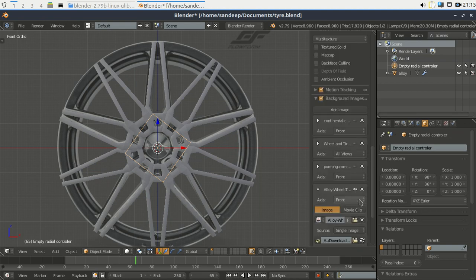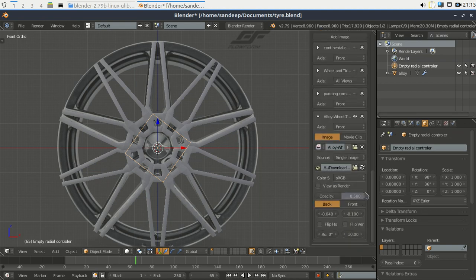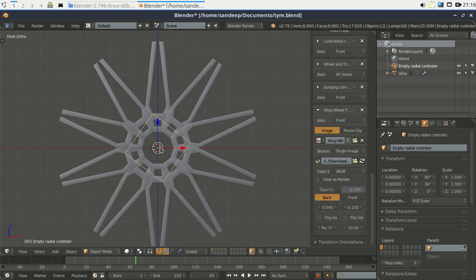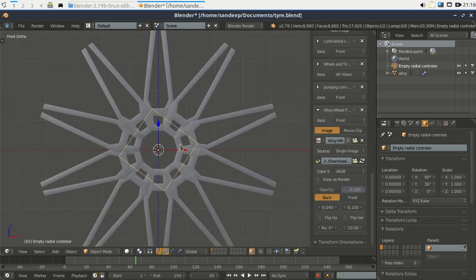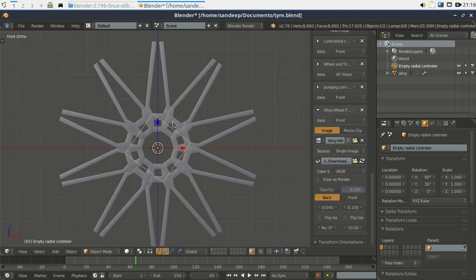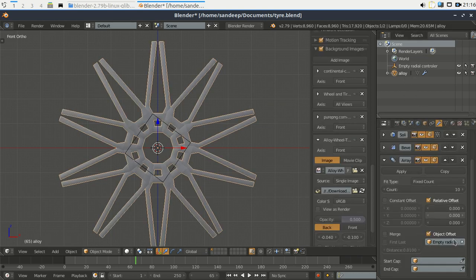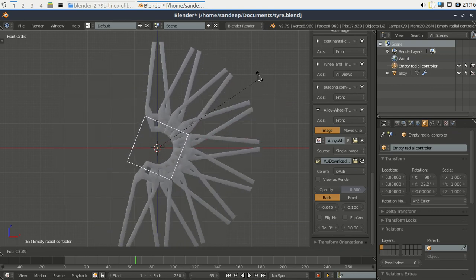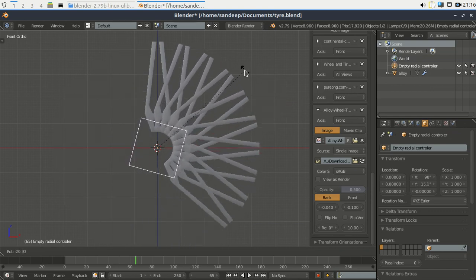If I uncheck this one, you can see here, there are 10 alloy spokes, 1 2 3 4 5 6 7 8 9 10, because I have set the array to 10. So select the empty, you can see here,